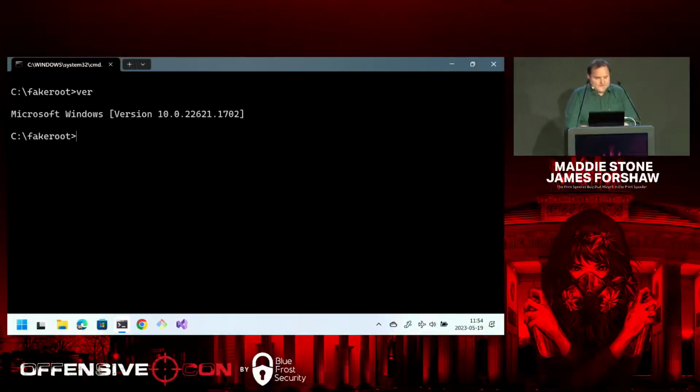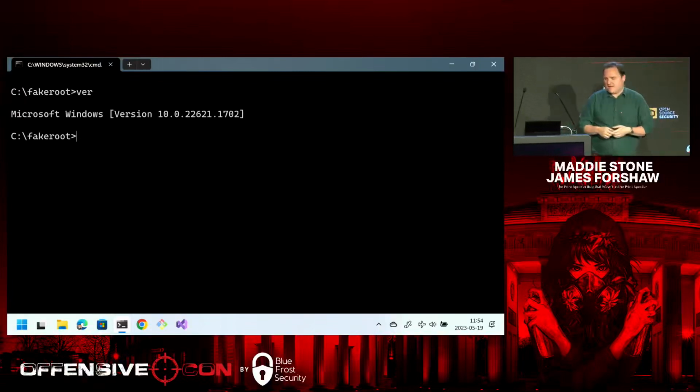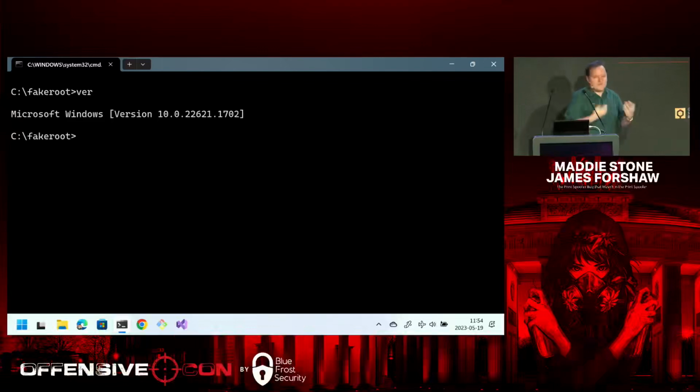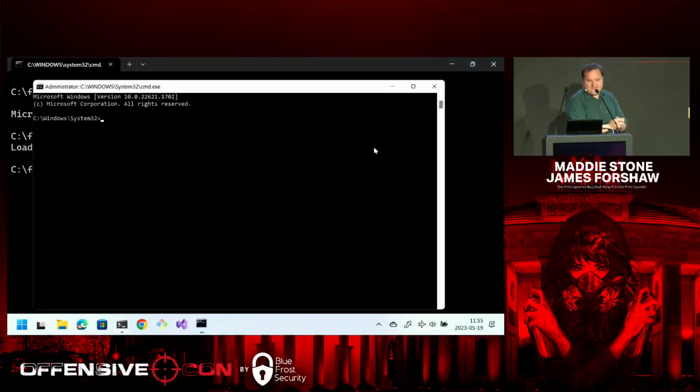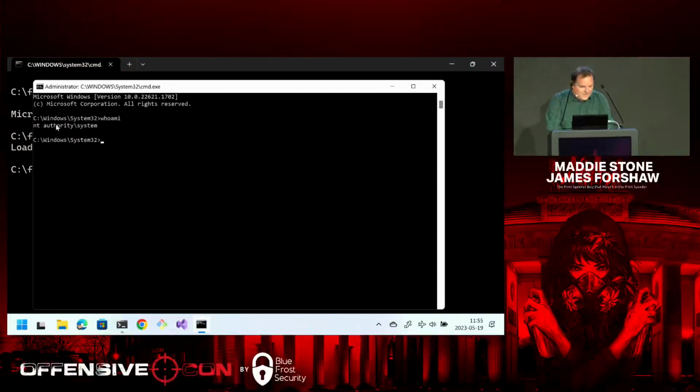So this is my Windows 11 machine. It is running the May Patch Tuesday patches, so it is completely up to date. If you ran the in-the-wild exploit, it wouldn't work on this machine. And of course, cross your fingers to the demo gods that if I run that, come on. Okay, so we get a command prompt. If I do whoami, we're now running as